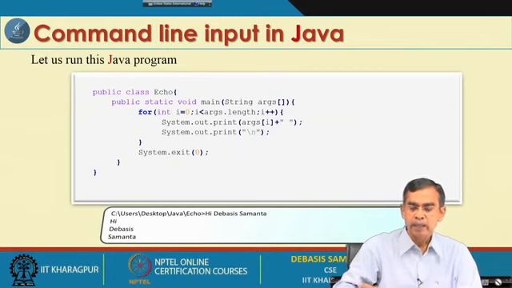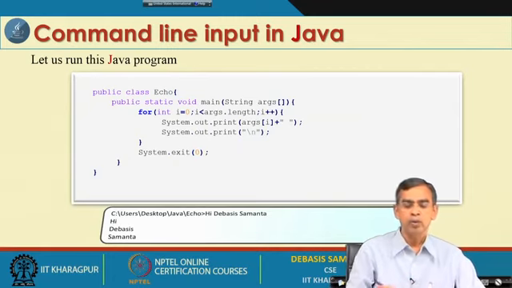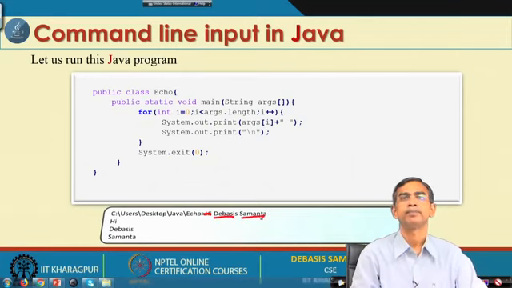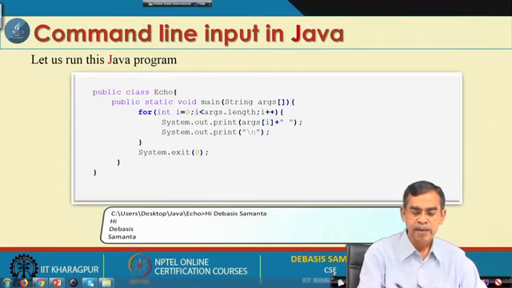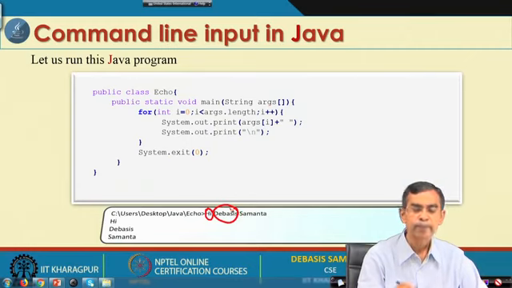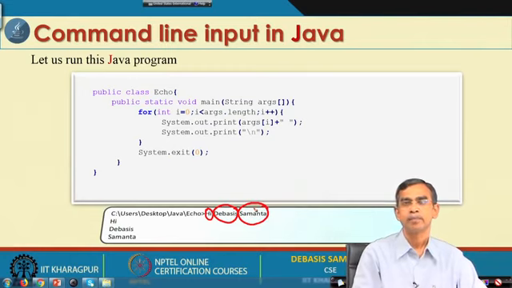For example, here we can run this program echo and then give 3 inputs: Hi, Devashish, Samantha. Then it basically takes the 3 string objects. Now, this first string object will go to the first location of the arguments array, that is the 0th location. This will go to the second location of the array, and then this will be third. So, in this case the 0th location, first location and second location, and here the args array will be loaded with 3 strings Hi, Devashish and Samantha.